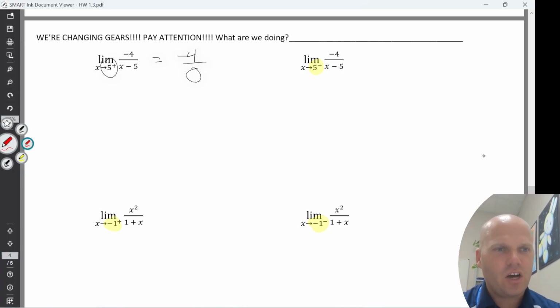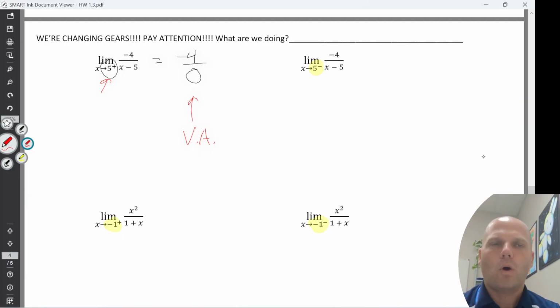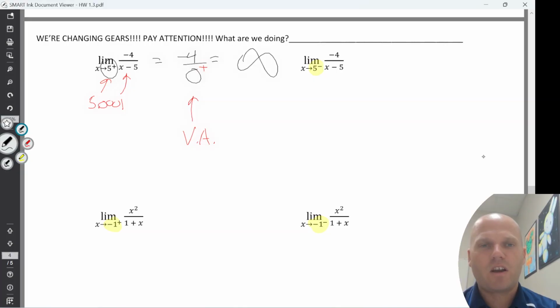However, besides understanding this is a vertical asymptote, we are going to want to understand a little bit more specifically what is the behavior of our function in this direction. We will look to think about plugging in a value that is a little bit bigger than 5. When you subtract 5 from that, you'll get a number close to 0 that is positive. Well, this negative 4 divided by something very, very close to 0 and positive is going to be very, very big and negative. And in the other direction, if I plugged in 4.999, I would end up with negative 4